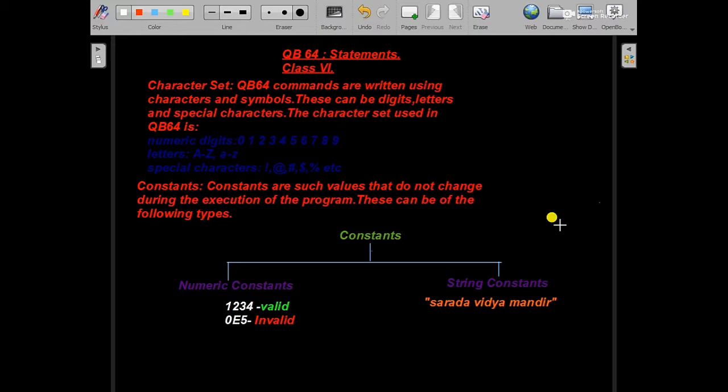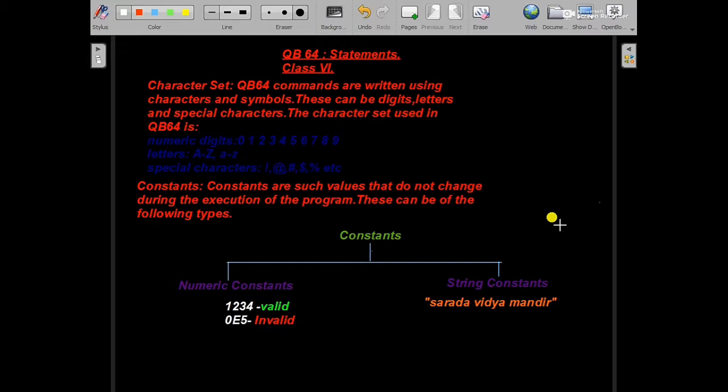An IDE normally consists of a list, a source code editor, build automation tools, and a debugger. QB64 is an IDE which is used to compile programs written in the QBasic programming language.